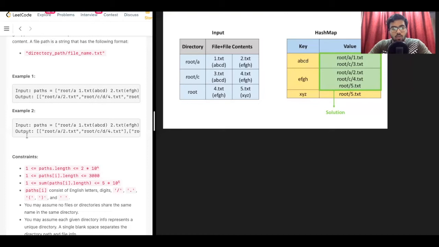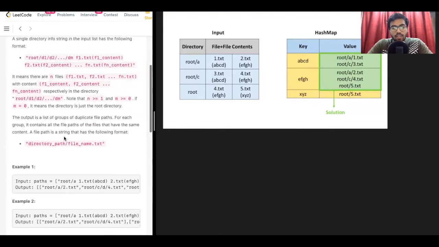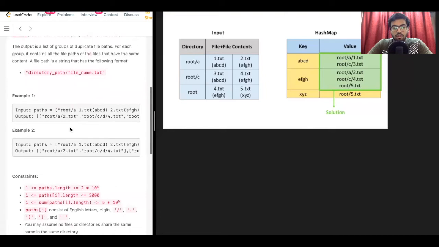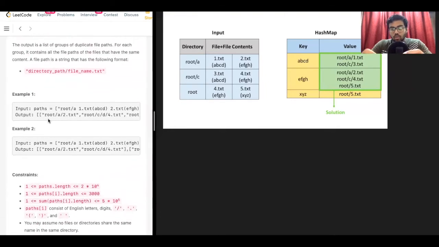So we need to understand that n should be greater than or equal to 2, which means we need two or more files having the same content together. We can't have only one file that has the same content, so we can't return a vector of size 1.